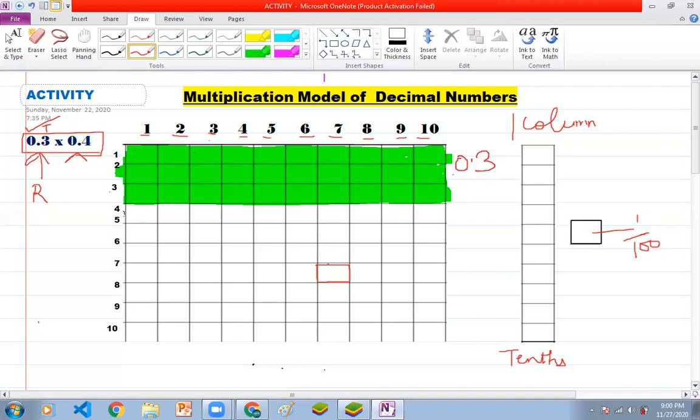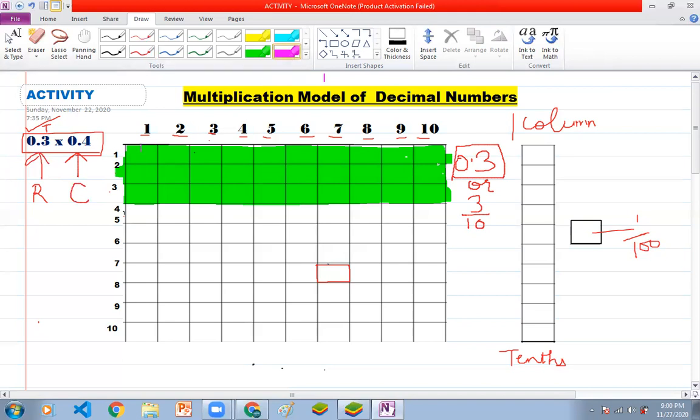Second row is representing 2/10. Three rows is representing 3/10. So we can say that it is 0.3, or we can write 3 by 10, or you can write 3/10. In the same way, I want to represent 0.4, and I will insert 4 columns